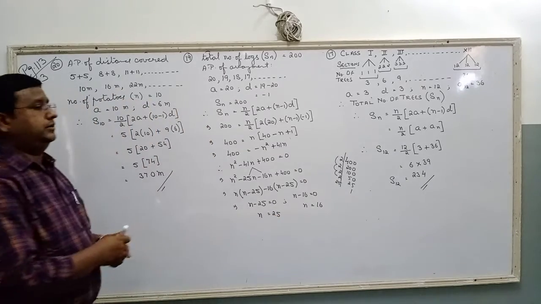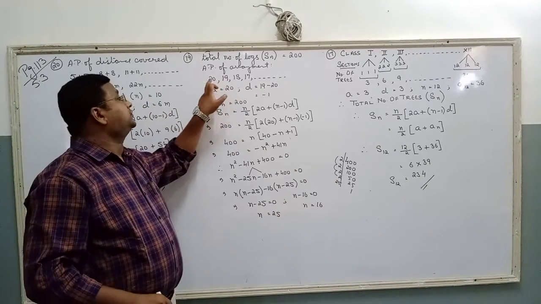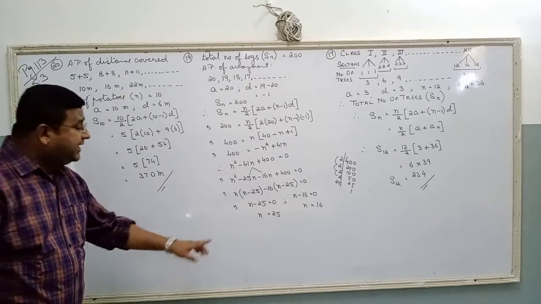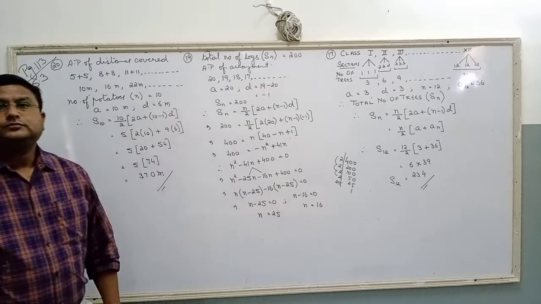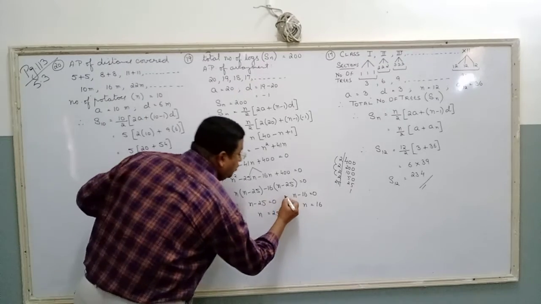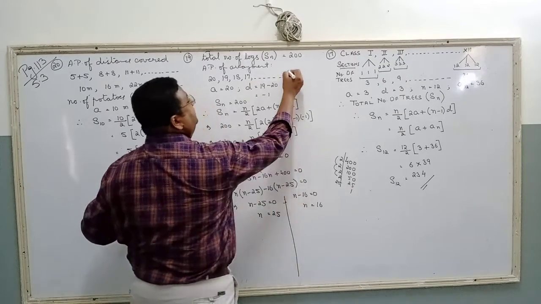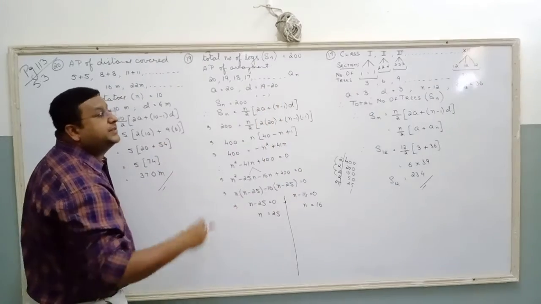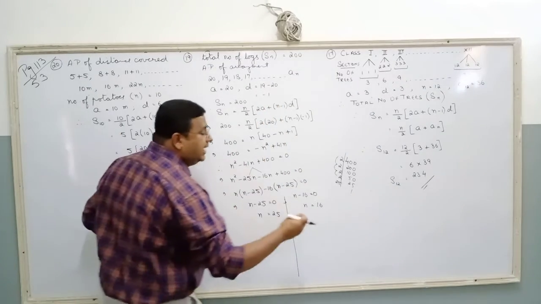What is n? Number of rows, sir. How many rows? First row, second row, third row, fourth row, fifth row. Number of rows. But there cannot be 2 answers. So what are we going to do? We are going to find the nth term as well. Let us see what we get for the nth term, that is the number of logs in the last row.